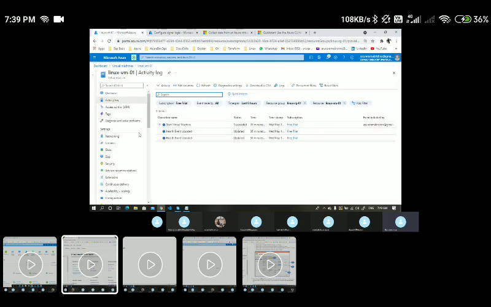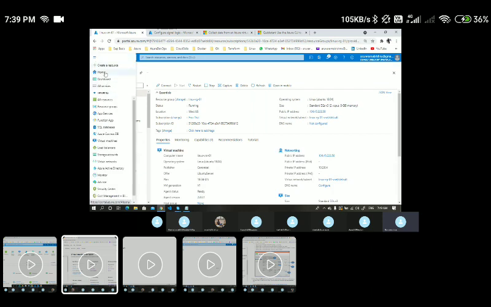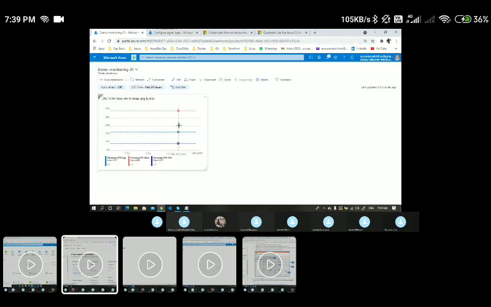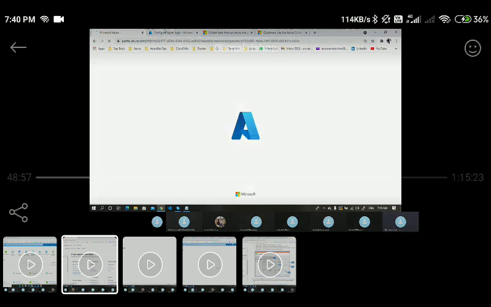Let's say I go to the VM, and under monitoring, let's go back to the VM. Let me go to the dashboard. How to do refresh here? See, sometimes what happens is, since I'm using it